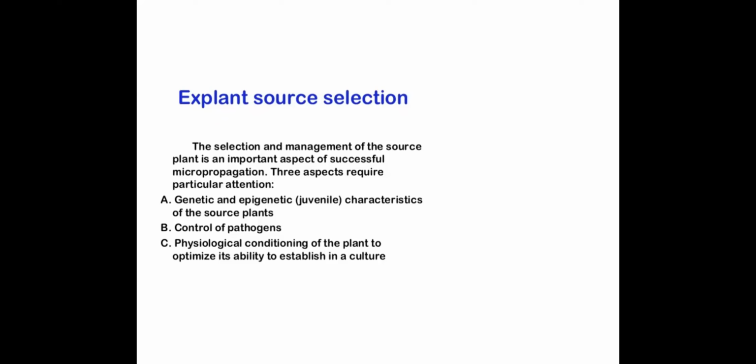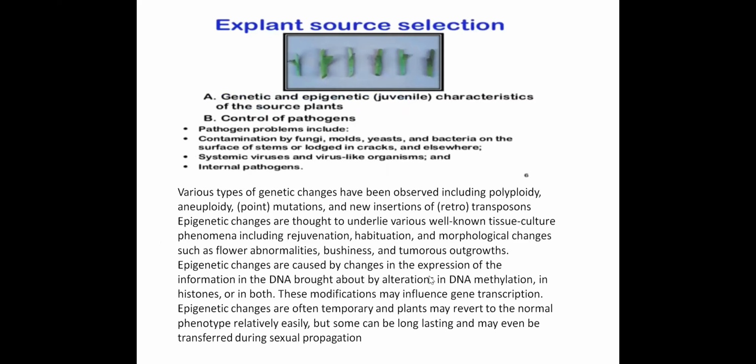So it should have stable genetics, and what do you mean by epigenetics? I will tell you about epigenetics. Juvenile characteristic. Epigenetic means environment plays a major role on the expression of the genes. You all have studied in UG how the gene expresses, how a lac operon is expressed. So epigenetic means something other than genes. An environmental factor can change the way a gene expresses. So you have to take that also into account.